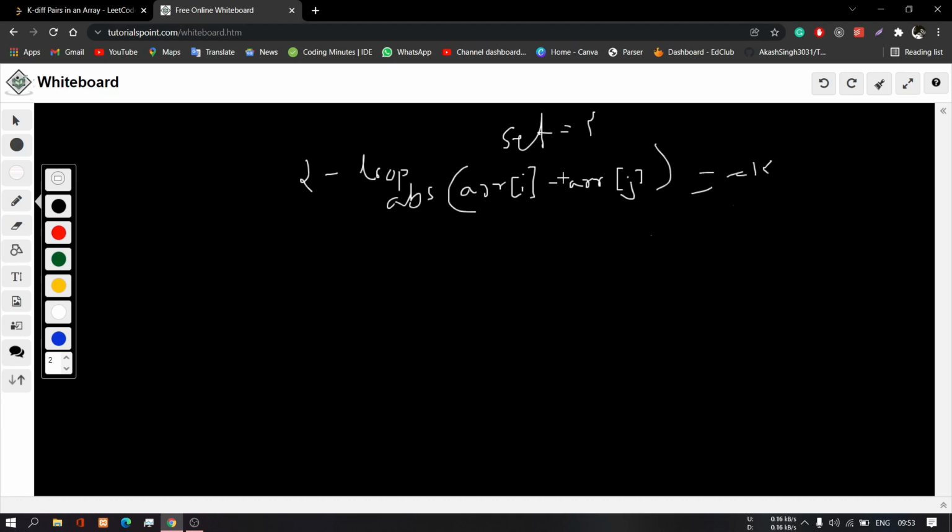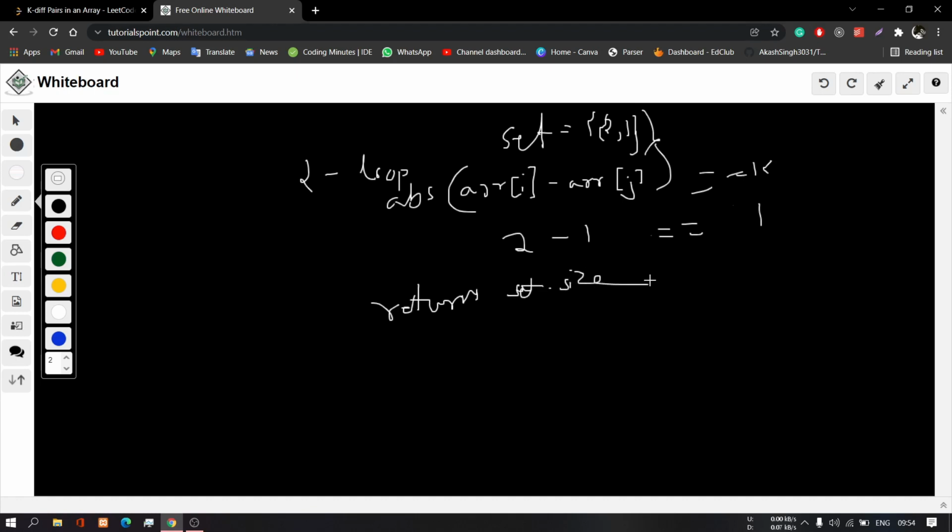Like if the k value is 1 and arr[i] is 2, 2 minus 1 is equivalent to k, so you can put a 2, 1 pair of integers in the set. The set will maintain the uniqueness of each element, and after that simply return the set size.